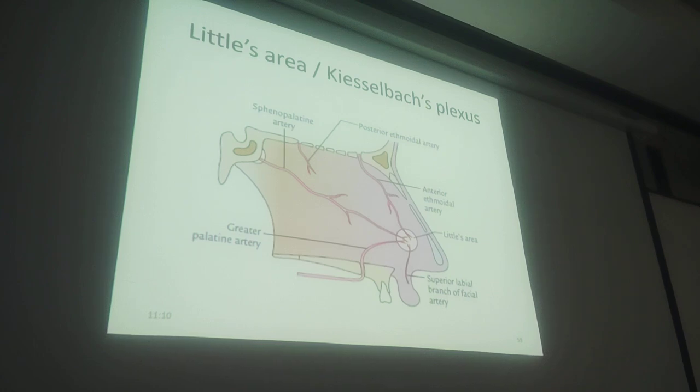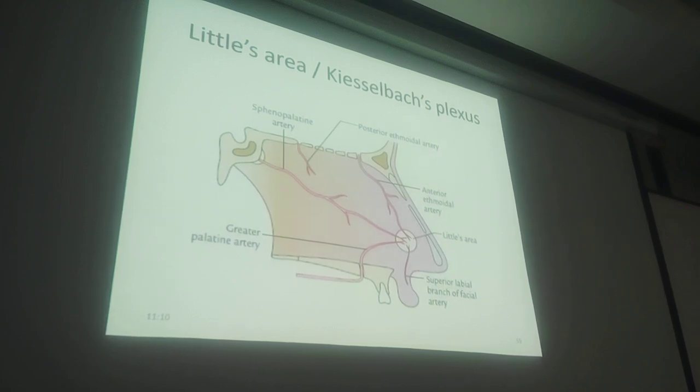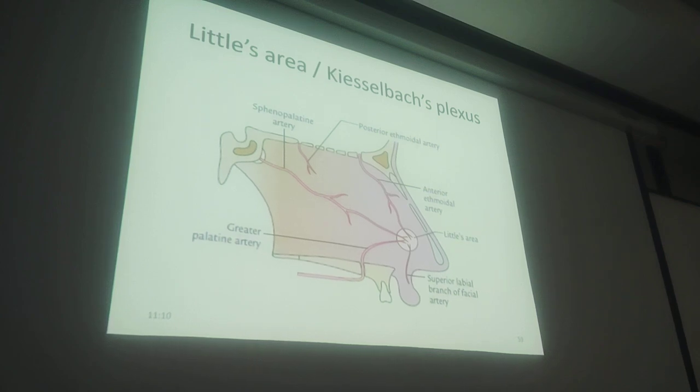The plexus of vessels there was described by another scientist called Kiesselbach. It's called Kiesselbach's plexus of arteries. This is the area which bleeds quite often in bleeding from the nose. The treatment: if it is this area which is bleeding, it's pretty easy to treat temporarily by pinching the nose. That will automatically block the vessels. When it's a deeper bleed because of other vessels, then it's a tough job, and let the ENT surgeon